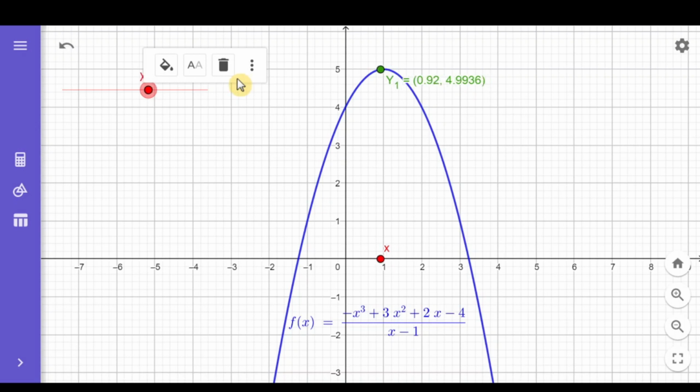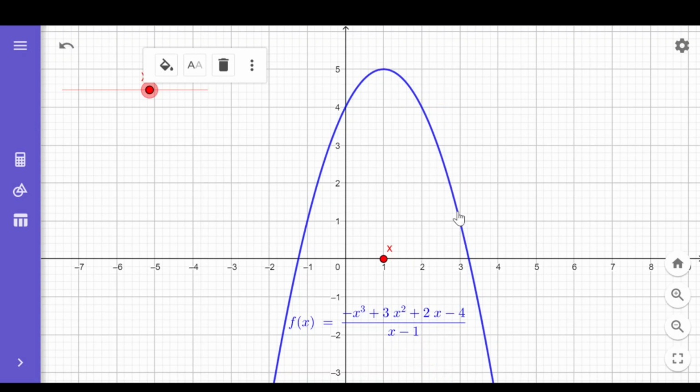This is 1.17, 1.06, 99. This is 1. What happens to the function? It vanishes. Bakit siya nag-vanish? If we look at the function, it is a rational function. The denominator is x minus 1. So if we substitute actually positive 1 in our function, we would be having an expression here whose denominator is 0. And again, division by 0 is undefined.